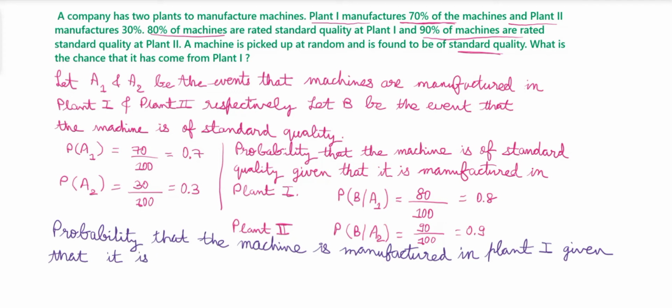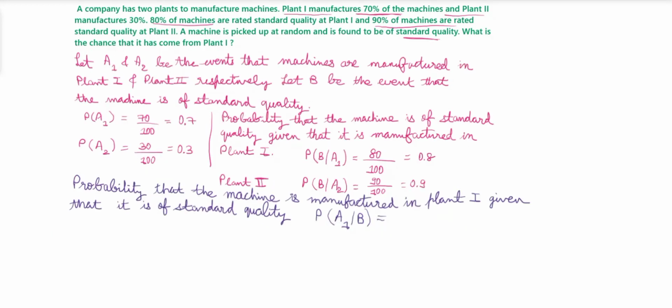The probability that the machine is manufactured in plant 1, that means it will be P of A1, and given that it is of standard quality, that is given that B. So we'll write it as P of A1 given that B. Now we'll just use our formula, which is P of A1 given that B will be equal to P of A1 into P of B given that A1 upon